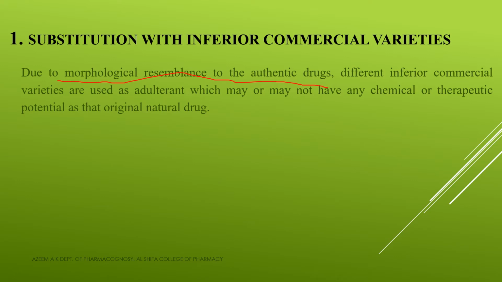So drugs, you already know that the majority of them are obtained from plant sources, and due to the morphological resemblance or morphological appearance with the authentic drug, different inferior commercial varieties are used as adulterants. So due to the morphological resemblance to the authentic drug, sometimes different inferior commercial varieties are used as adulterants, and this may or may not have any chemical or therapeutic potential as that of the